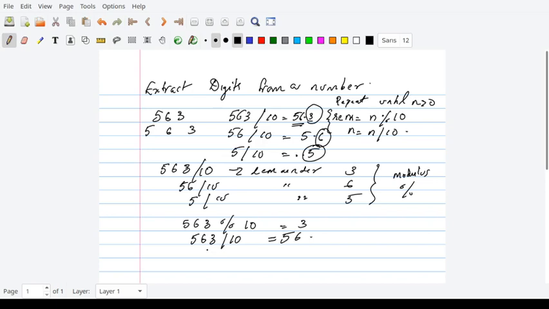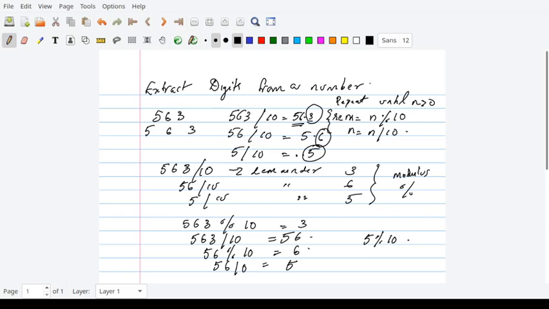Now you have to do 56 modulus 10. What will you get? You will get 6. Then you will have to divide 56 by 10 to get 5. Then you have to get the number 5.